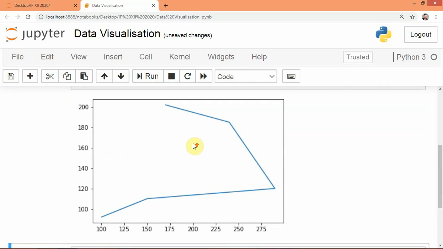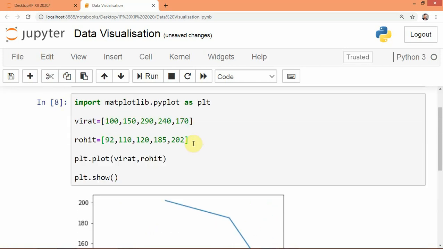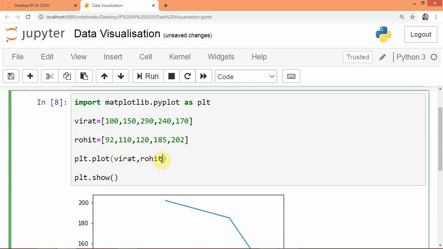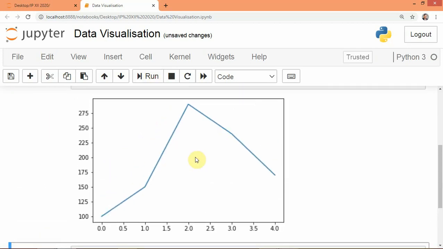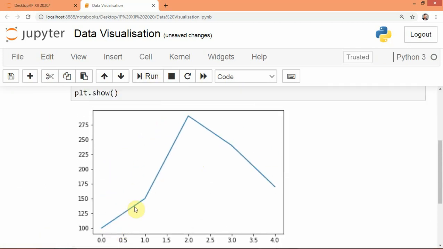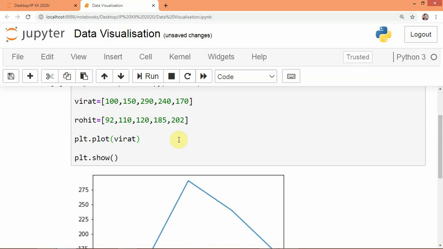Okay, so let us use another. Suppose I keep only Virat Kohli's runs and take the graph, then it will show it is increasing and again it is decreasing. Okay, 290 it has gone.